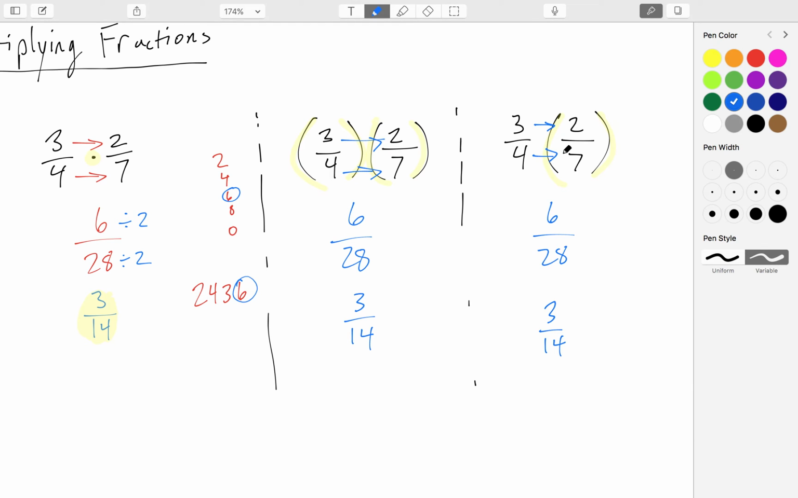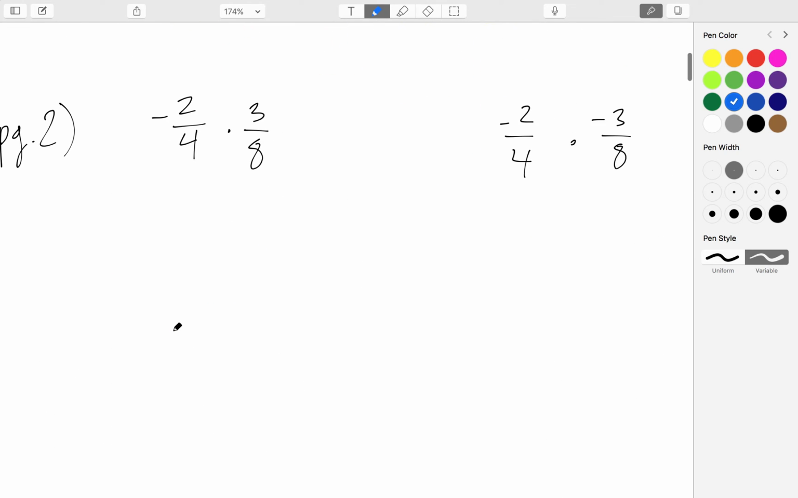Okay, let's go to page 2. Pause the video if you need a copy. Page 2. Alright, so we have the same kind of problem, multiplying fractions. This whole tab will be the same. Now on this,